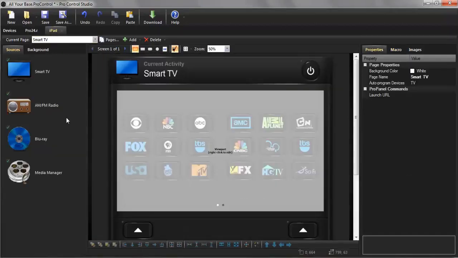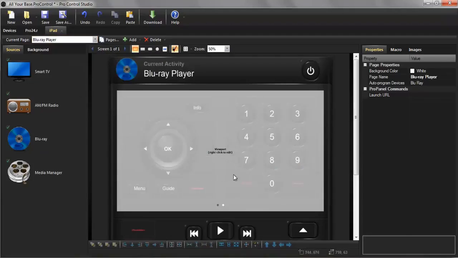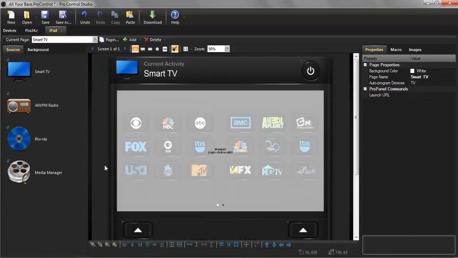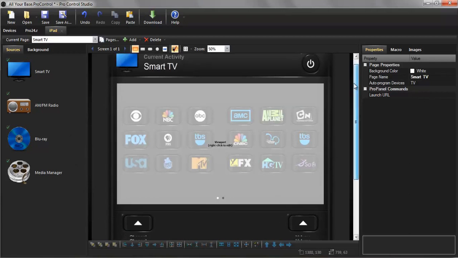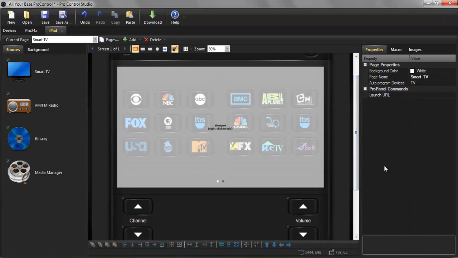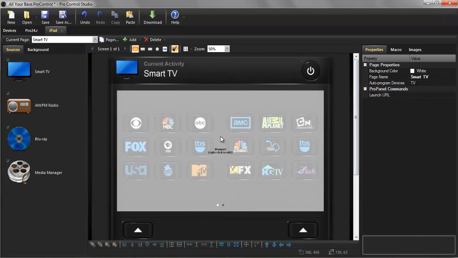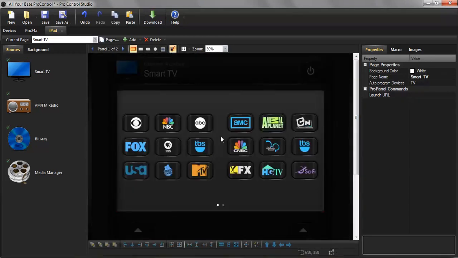iOS interface is a little bit different. We still have current pages for each device, which gives us functionality, but we don't have the ability to have screens. But we do have something called a viewport. A viewport is essentially a screen window within a page. So not only do we still have the page, which is our main interface, we also have a viewport within that. If we double click the viewport to open up the editor, in the top left hand corner where